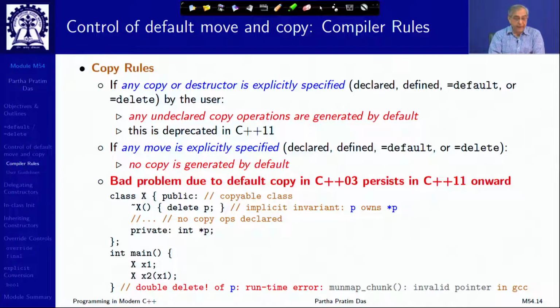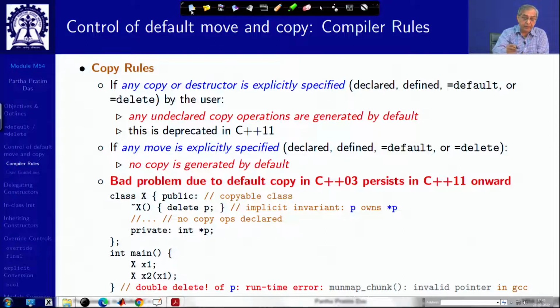If any move is explicitly specified, then no copy is generated by default. You should have expected the rules to be symmetric, but that is not the case, because the default copy rules in C++03 are a legacy which has to exist as C++11 goes forward. Because of this default copy you could have some very nasty problems